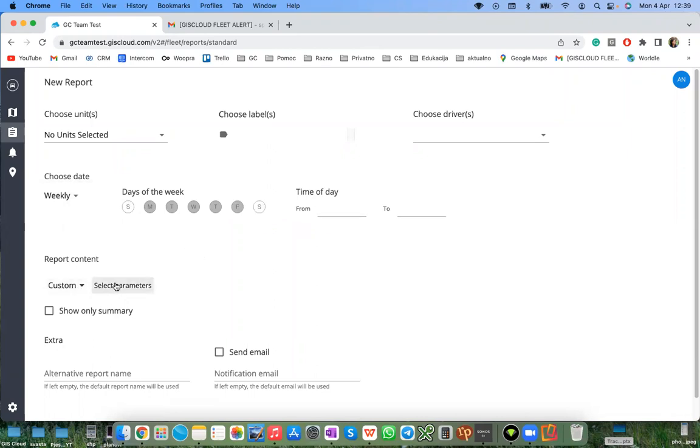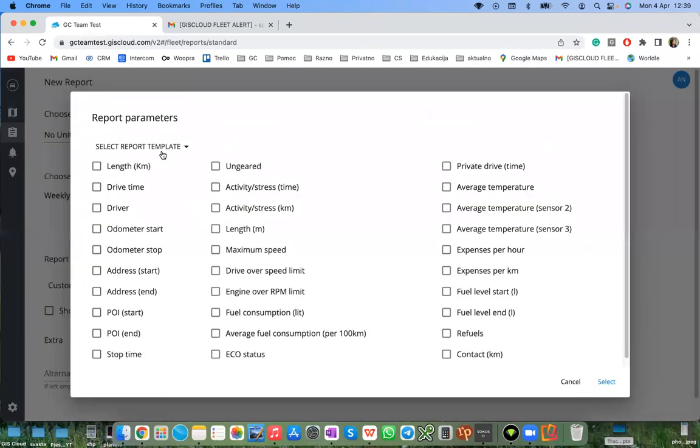As for the parameters, these are all you can choose from. As you might be able to tell, some of these are available for the mobile app, such as length, drive time, driver, when you entered or exited the point of interest, stop time, maybe maximum speed, but the rest are available only if you have the special sensors in your vehicles. And then once you choose them,